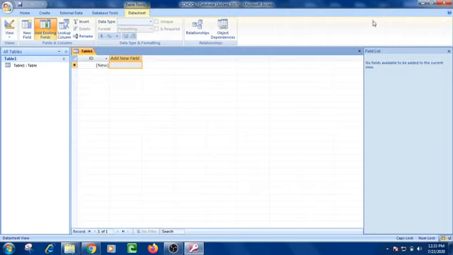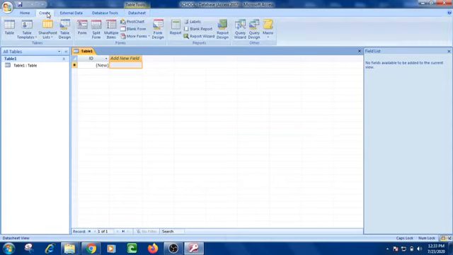Now there are 6 different types of database objects. These are tables, queries, forms, reports, macros, and modules. All these objects are found in the tab known as Create, which is present next to the Home tab.